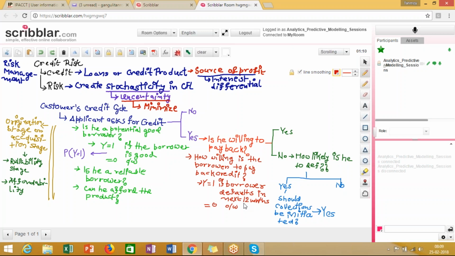So basically, if I'm not willing to pay back the loan that I have taken, then I will obviously be a defaulter. Now, I can be a willful defaulter, I can be a defaulter by circumstance, whatever it is, but I will be a defaulter, right? So this is something that we have actually worked with. The next part is,